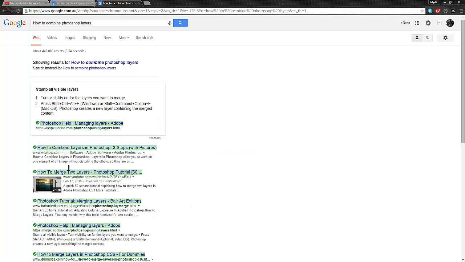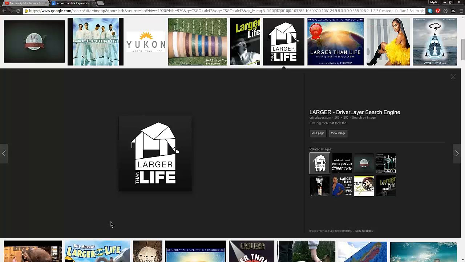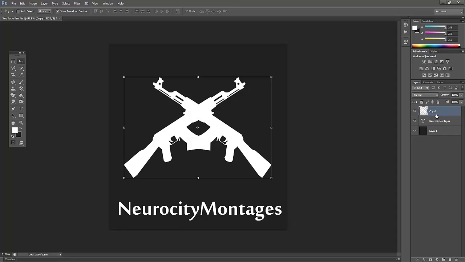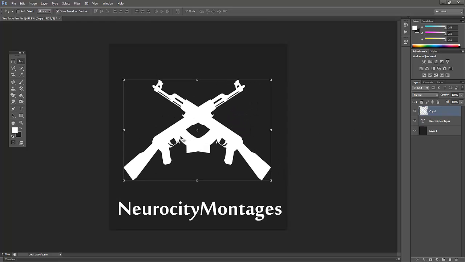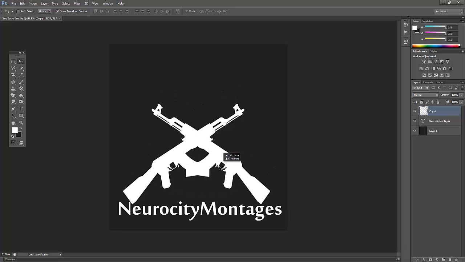Alright, after googling one little command, how to combine layers, that combines all the layers, but what I wanted to do was select two layers by clicking Control, selecting one layer, Control click, and then Control click another, and it selects two layers or three layers, whereas if you don't Control click, it just selects one layer. And what I did then is I created a duplicate AK like this, swapped it around, put it on top, selected the two layers, let's say that's the other AK, and pressed Control E, which automatically combined it, so now this is one image instead of me having to move both AKs manually. So what I'm going to do